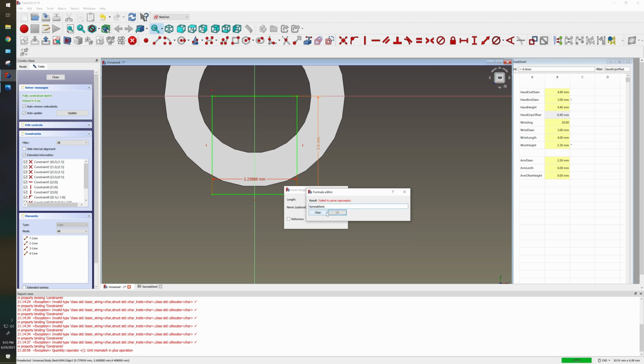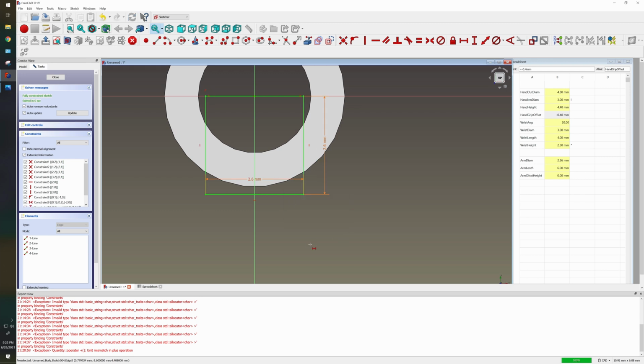Spreadsheet, hand inner diameter plus spreadsheet, hand grip offset, okay, and go okay. And there you go. So now we have a gripper there, close,